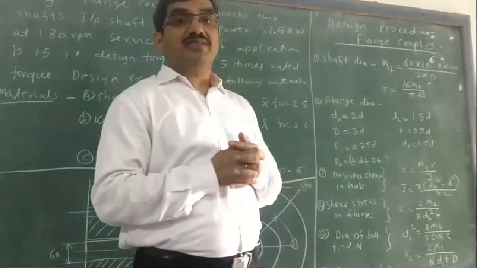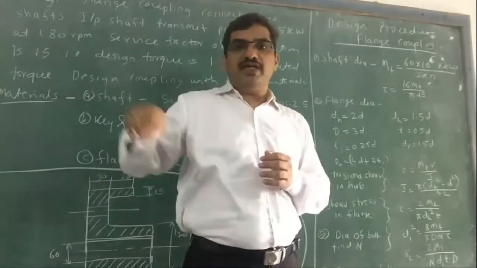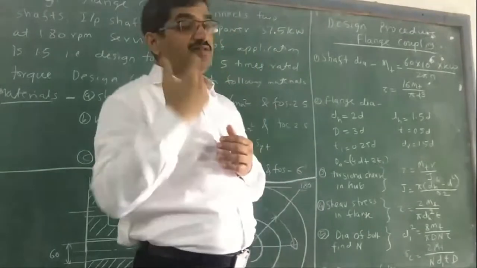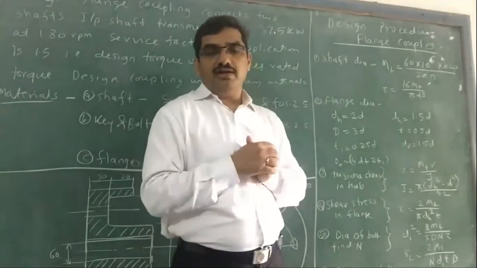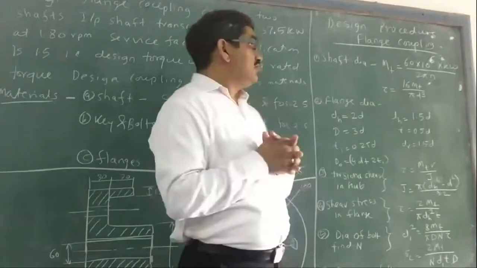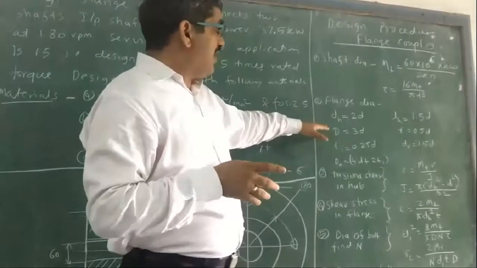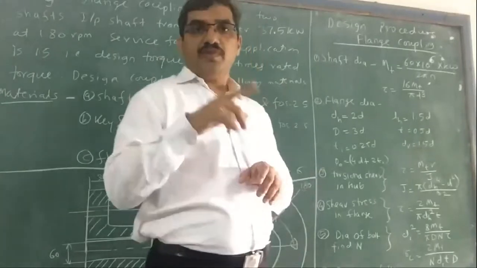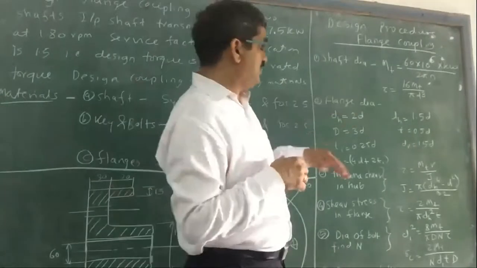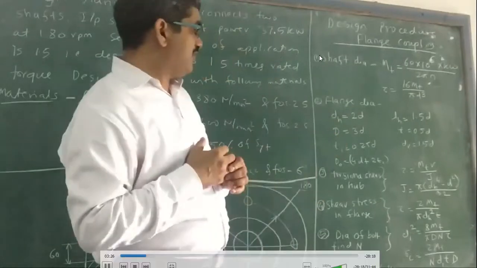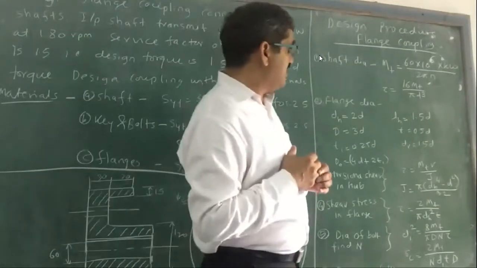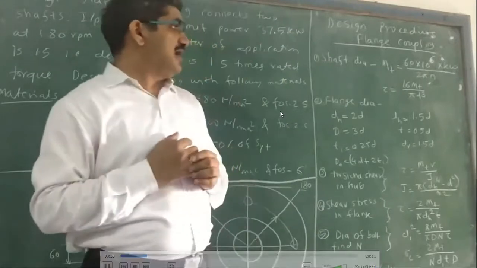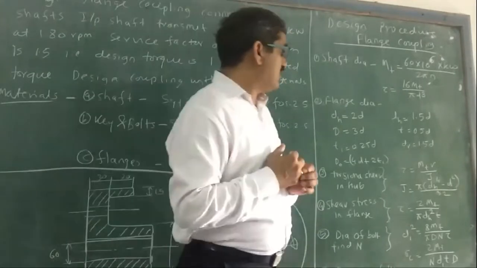Then there is the pitch circle diameter, on which we'll be putting the bolts. The flange will have a different number of bolts, it will be 3, 4, 5, or 6, depending on the diameter of the shaft. Depending on that, we have a pitch circle diameter. The pitch circle diameter will be 3 times the diameter of the shaft we got in the first step. So we take 3 times the diameter as the PCD. The thickness of the flange will be 0.5 D, half of that diameter will be the thickness of your flange.